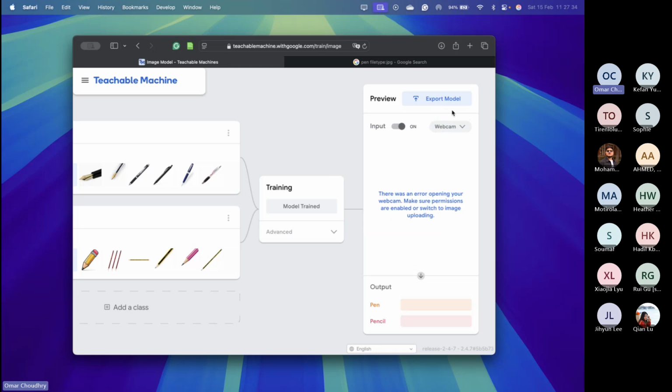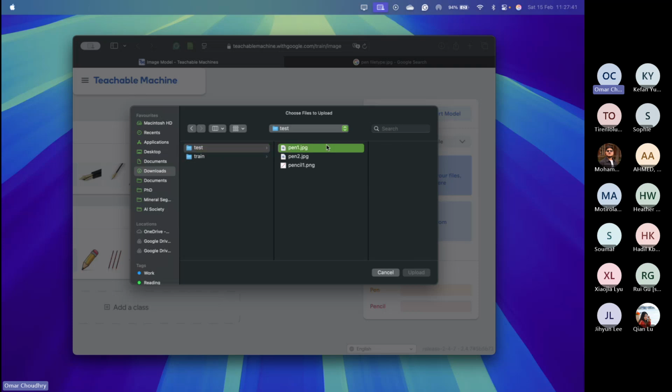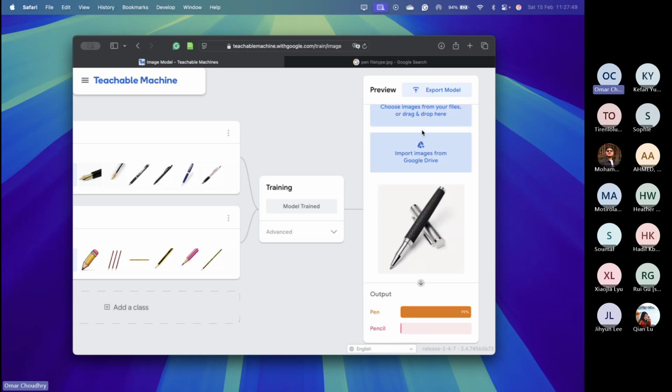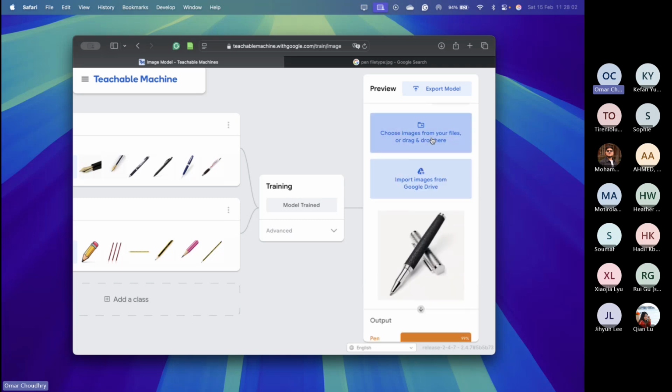We're not going to use the camera because I want to check with actual images. So I'm going to check File, and I'm going to select the test image, so the test pen. So I've given it a test image. I changed it from webcam to file. And you see when I give it an image of a pen now, it tells me that what it sees here, if you gave it the options of either a pencil or a pen in the image, there's a 99% chance that this is a pen, which is really good.